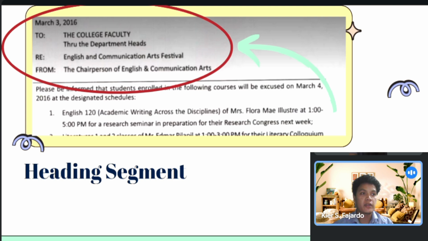So for the heading segment, the heading segment in a memorandum typically contains essential information like the date, the recipients, the sender's name, and the subject. So for the memorandum, we can ask why is it important?